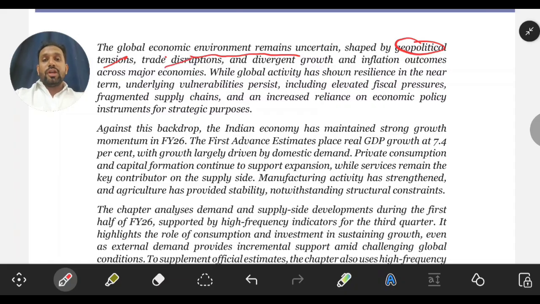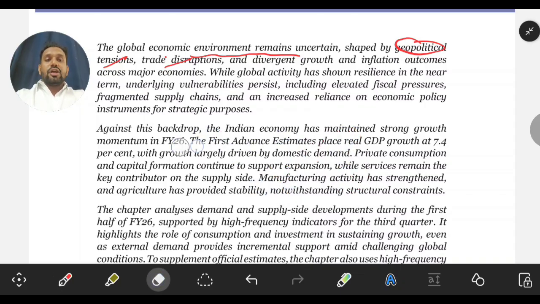Why? Because when we are buying oil from Russia, the US is saying that don't buy from Russia. Recently the Indo-US trade deal says that India can also buy from Venezuela. So you can say that there was dictation, meaning the USA is interfering in our foreign policy, but we are a sovereign nation. Okay, we are not going to be dictated by any other country with regard to how we manage our external and internal affairs.